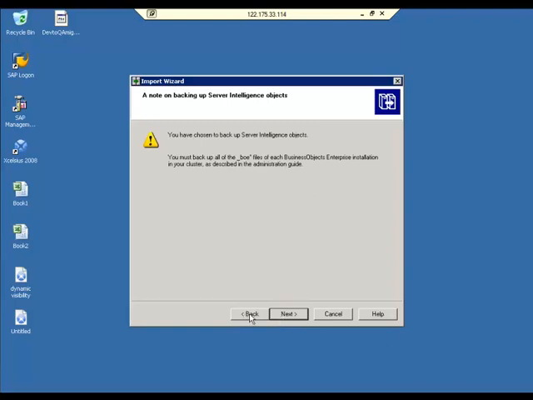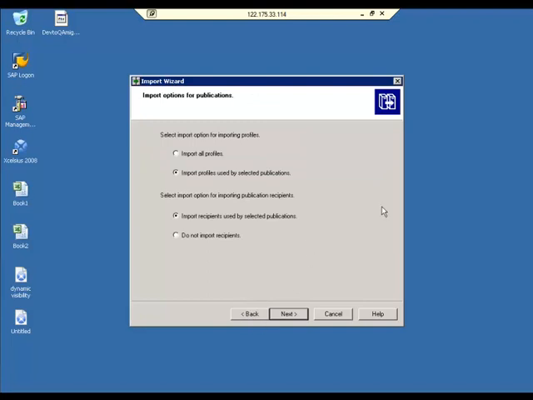It's a matter of 2-3 mouse clicks. It's unlike BI, which is more complicated. BI is very complicated because they need to use the transportation tool, right? But here it's very easy. Whatever you want to migrate, just select that, sir. That's all. If you know where it is, you can select that file and you need to select the dependencies. Okay, that's all. That is the way you can migrate.